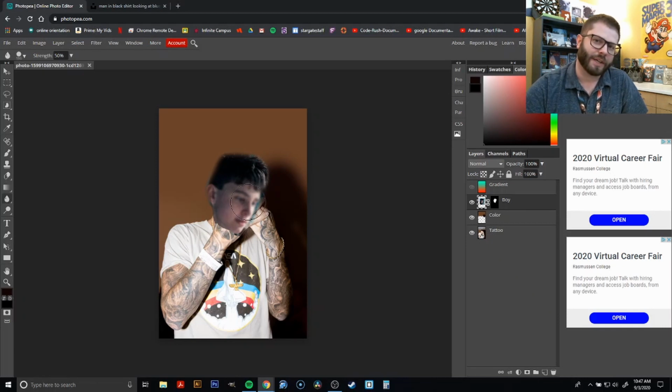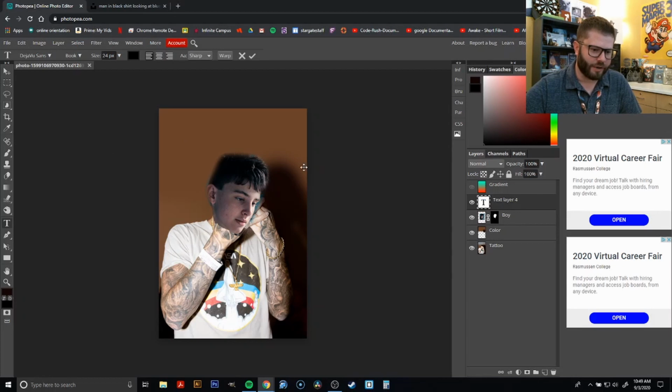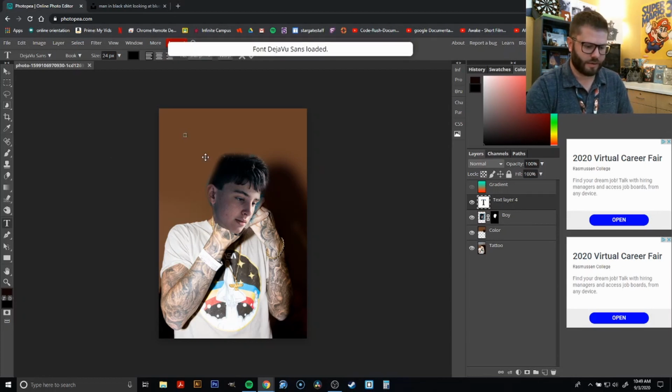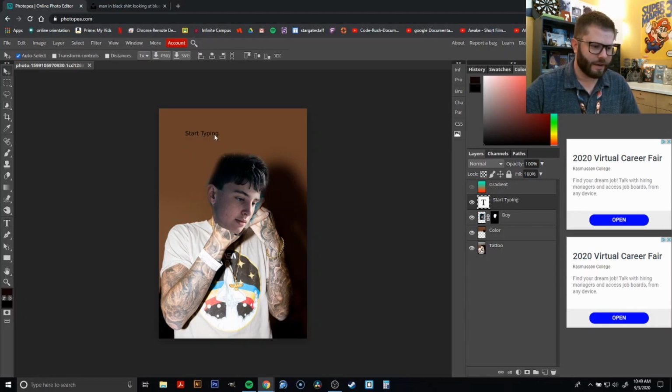It blurs whatever you click and drag over. Next, you have your type tool. You can click anywhere on the document and start typing and put text there. Now, using the type tool still, you can double click your text, and then from there